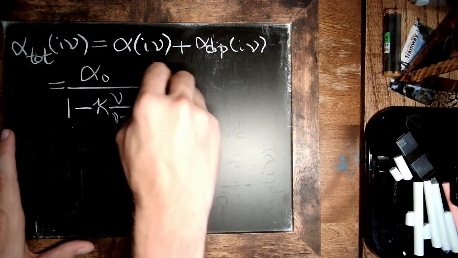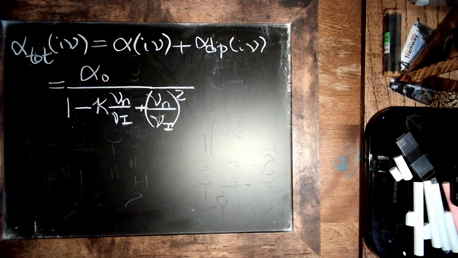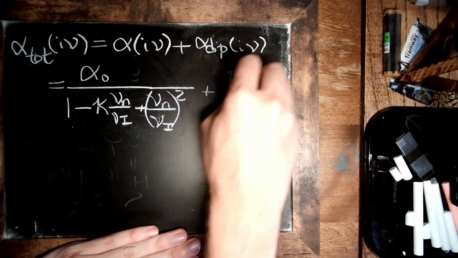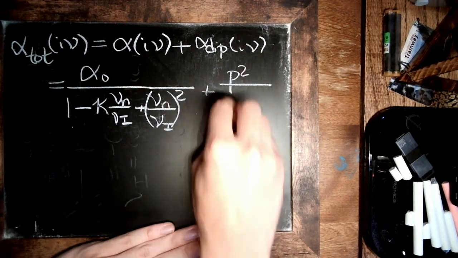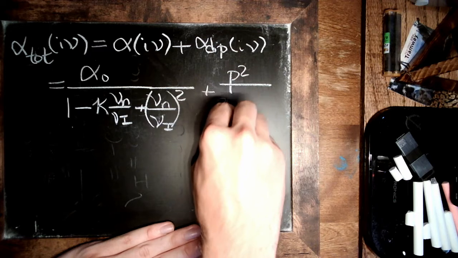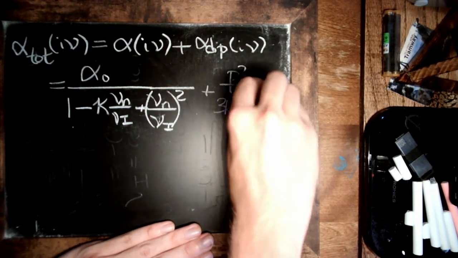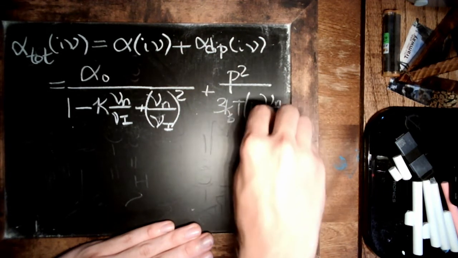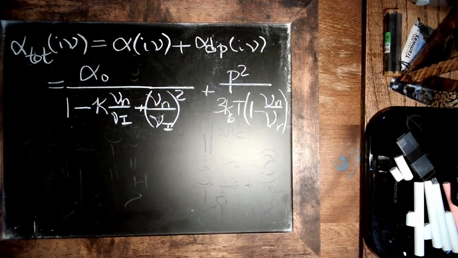And what we're going to do is just index the nu's by n, since that's how it works out. And then the dipole contribution, magnitude of the permanent dipole, 3 kBT, 1 minus nu n over nu I. Okay, so we have this big expression,